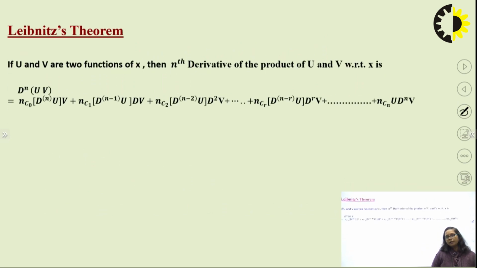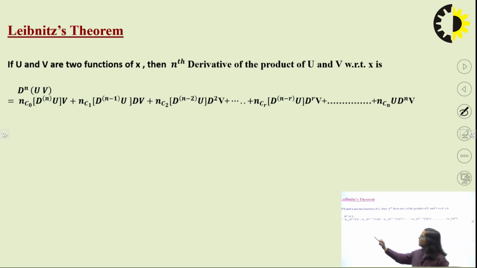So first of all, what is the meaning of Leibniz theorem? Leibniz theorem is a very important concept for differential calculus, and it gives you the nth derivative of the product of two functions of x. The statement of the theorem states that if u and v are two functions of x, then the nth derivative of the product of u and v with respect to x is given by: